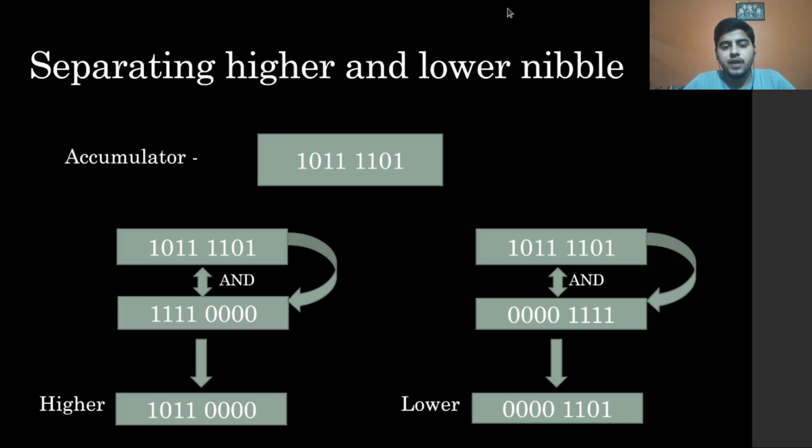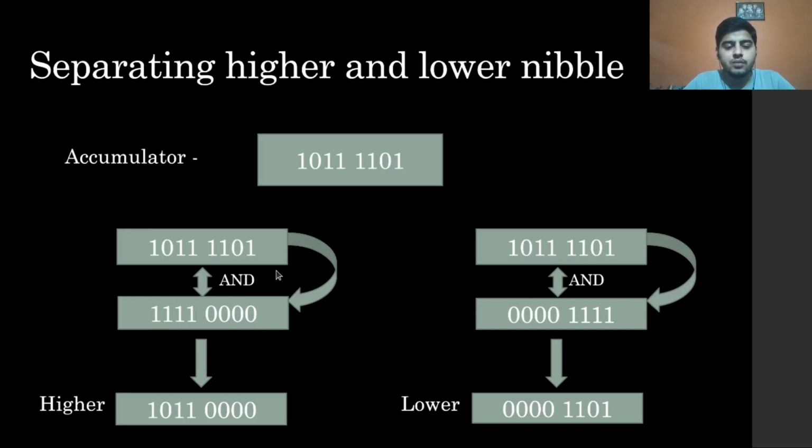First, we have to separate the higher and lower nibble from the original number. In this example, we have the original number 10111101. In order to obtain the higher nibble, we take this number and perform a logical AND operation with a number in which the lower nibble is all zeros and the higher nibble is all ones.